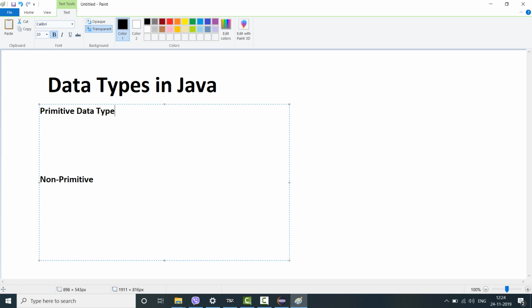In the primitive data type, the ones included are Boolean, char, byte, short, int, double, long. In case of non-primitive data types, you have